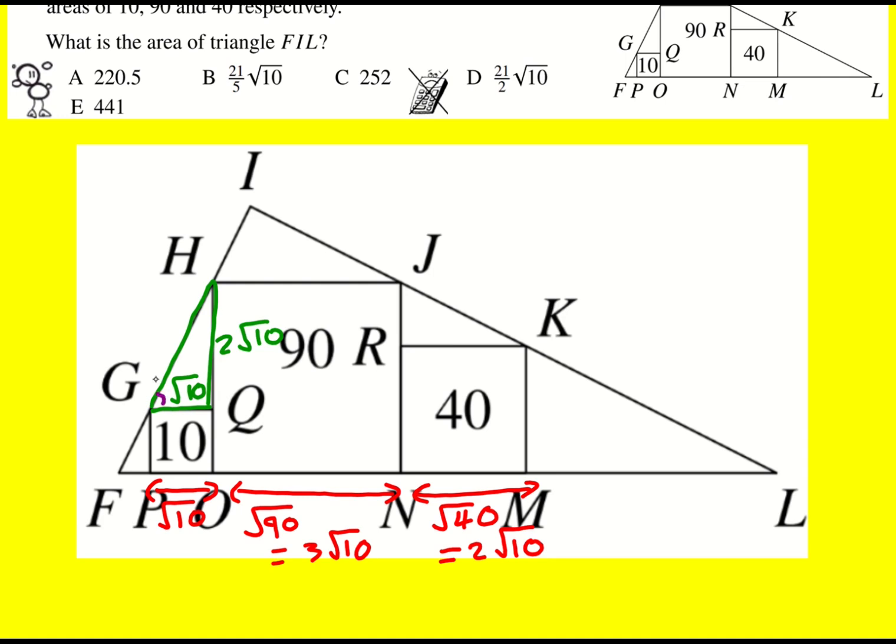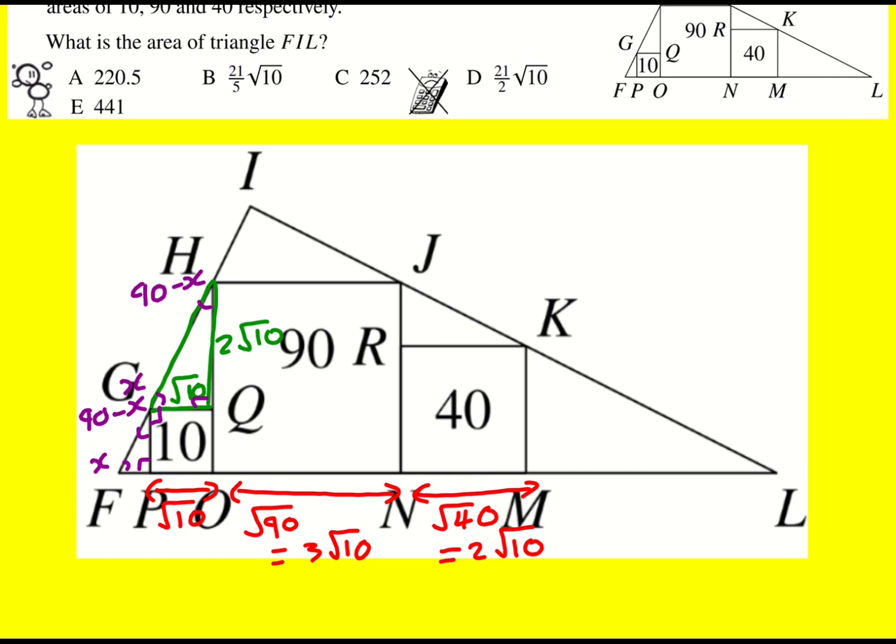Now let me call this angle x. Then this is 90 degrees because I've got squares next to each other. This angle is going to be 90 minus x. And then this angle, because this is 90 degrees, is going to be 90 minus x. And then this is going to be x, because this is 90. And actually, these two triangles are similar because they have the same angles, so I can use some of the